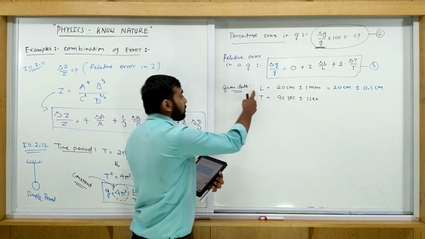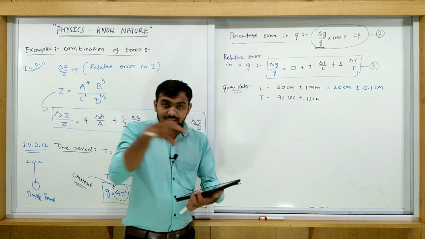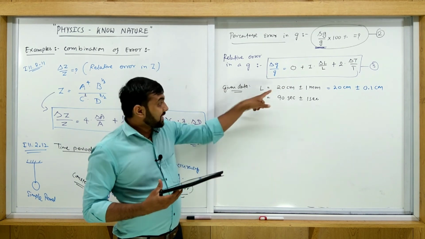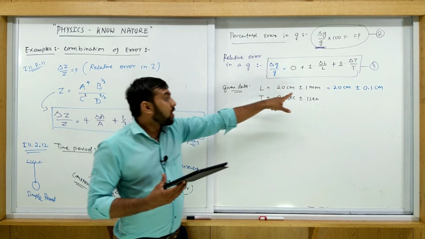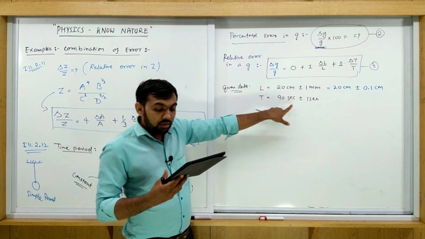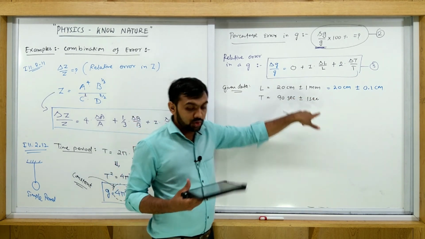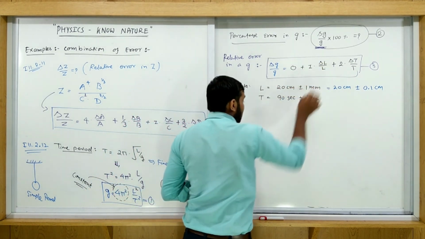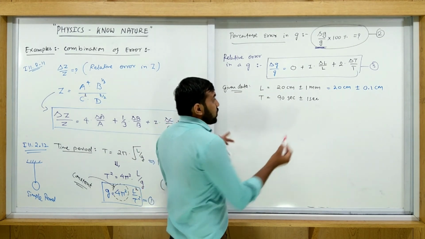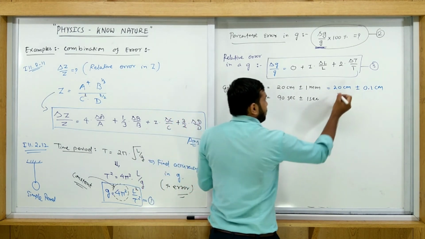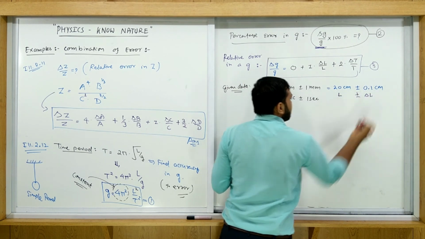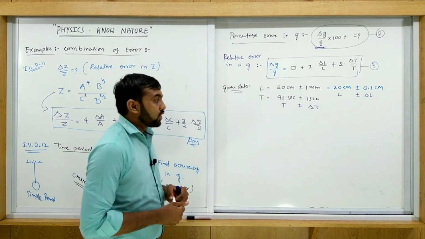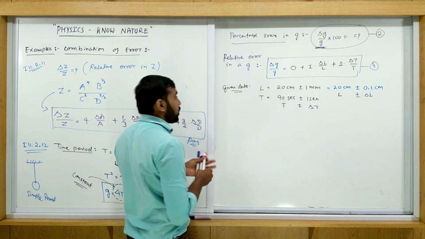So this is the measurement of L. This is the measurement of T. Actually this is not directly given in the problem. It is given in sentence form. So first, length 20 centimeter, known to 1 mm accuracy, and 90 second with a 1 second resolution. In this way we write L and T, but we want delta L upon L. So you just compare this value: L plus or minus delta L, and T plus or minus delta T. So put both these values in equation number 3.